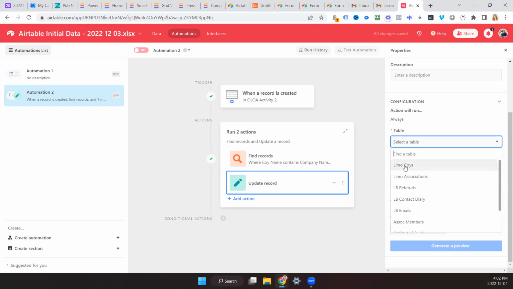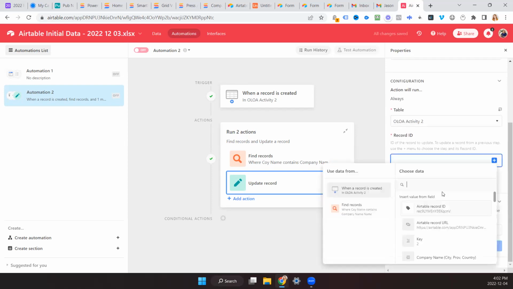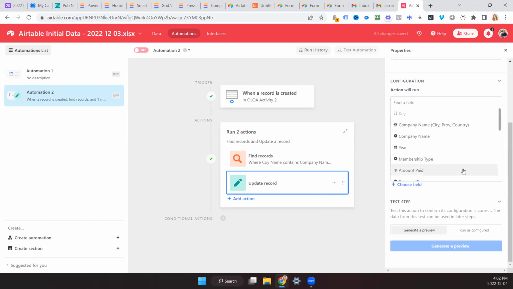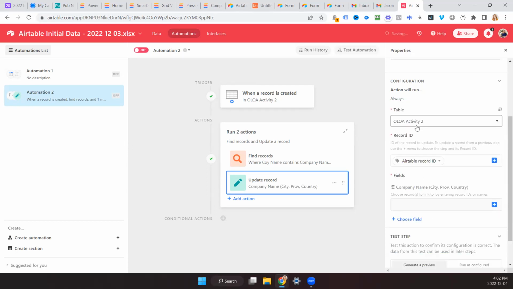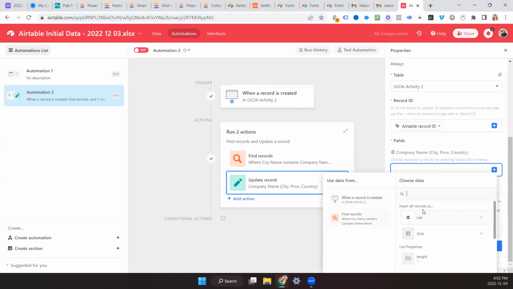Select the table in Aloha, and we want to base it off record ID. This way we're never going to make mistakes here. That's just a unique ID made in the background of Airtable, and it will be for company name. Now we're going to find the record ID of the other table.